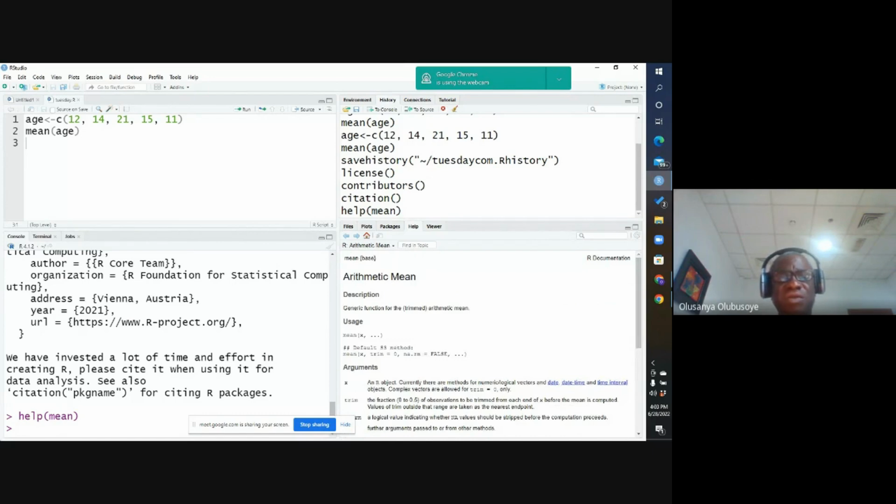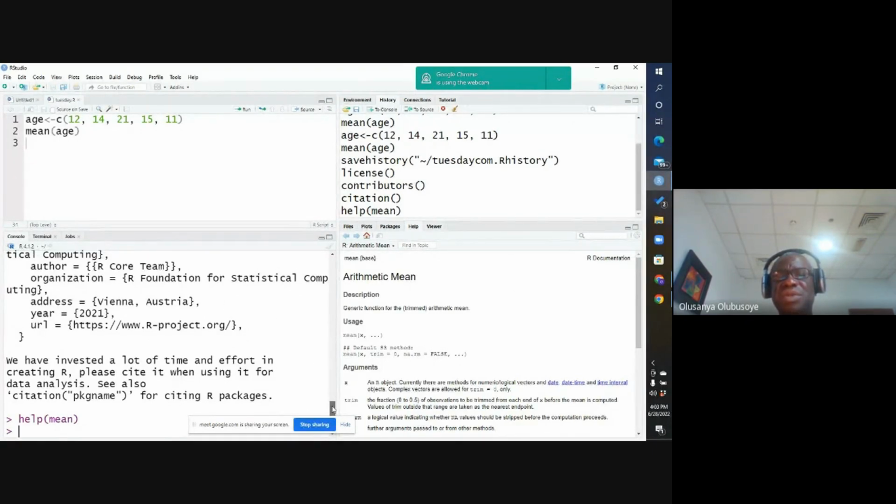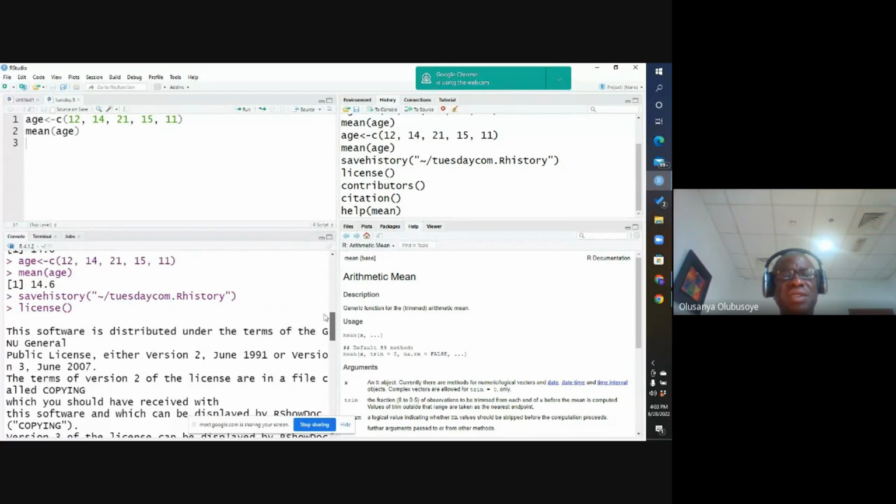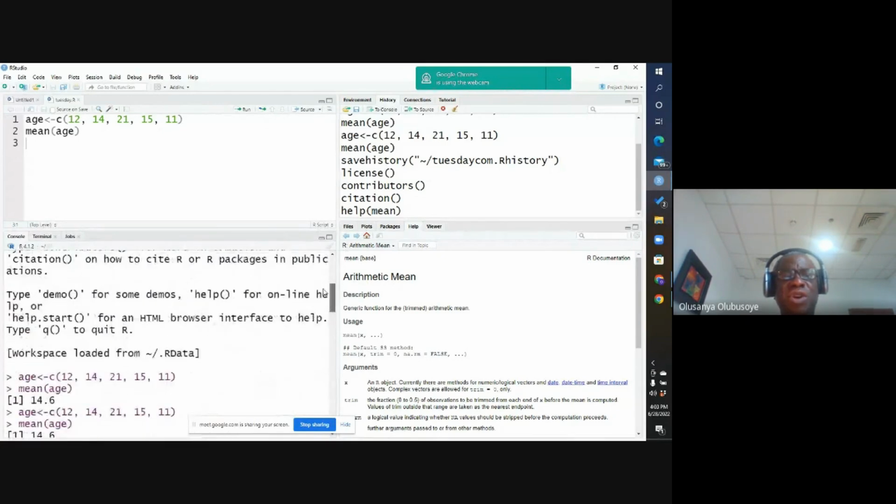So even though the command is given here, this is where you see the details. Good. The other thing you need to know, let me see, is if you want to quit